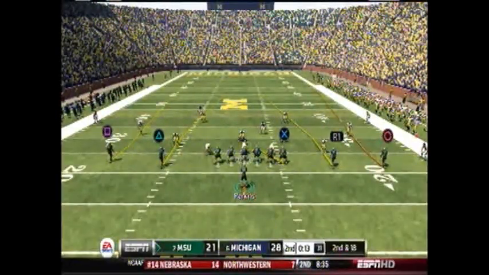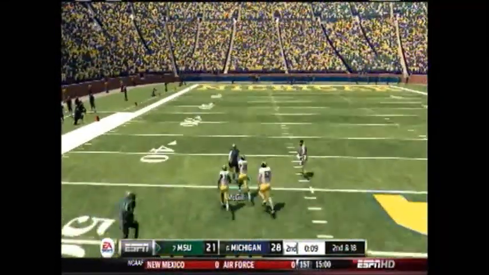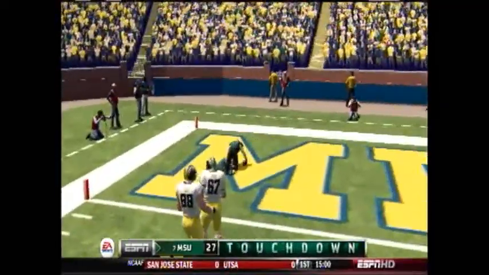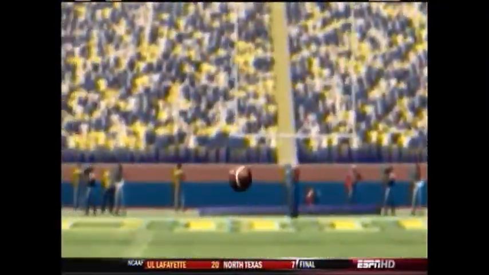Now 13 seconds left in the first half, 28-21 Michigan. Both of these offenses can score quickly. As you see here, Perkins finds McGill. McGill, he's running away. 2 diving tacklers cannot get him. 5 seconds left, and there's the slip and slide in Ann Arbor. Touchdown, Michigan State, as they have tied it up again here in the first half,